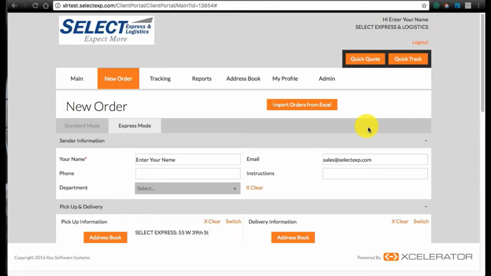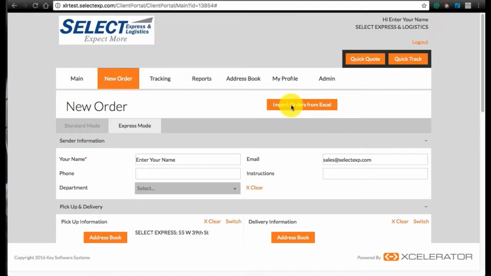To our final segment on imports. In this segment, we're going to cover how you can enter multiple orders by using an Excel format template, and it will simplify the process. So if you have multiple orders, whether it's 1 to 5 or 1 to 50 or 1 to 100, this will be the quickest way for you to upload your information and get it into our system as quick as